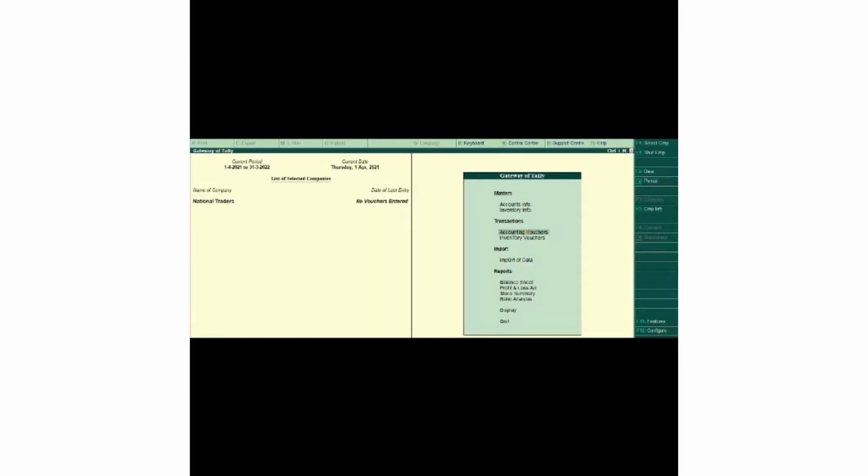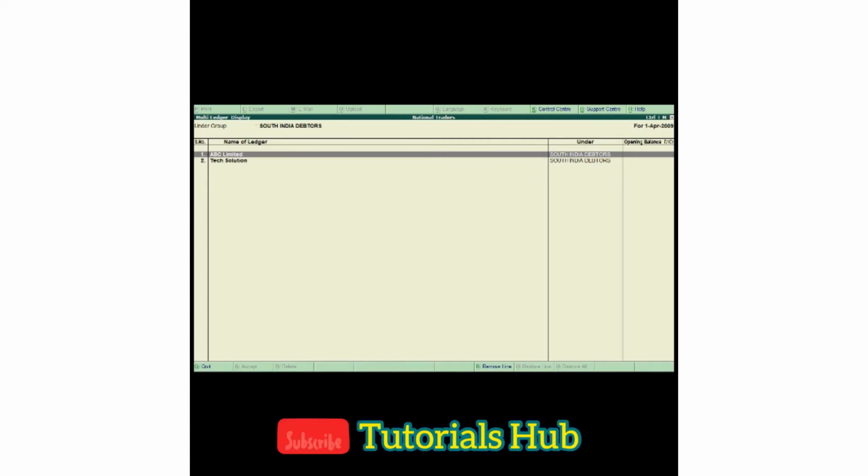Now, how to display multiple ledgers in Tally ERP9? After ledgers are created in the Tally application, we can check multiple ledgers by choosing the display option. So you need to go to the Gateway of Tally, select Accounts Info, select Ledgers. Now click on Display under Multiple Ledgers. On the Select Group screen, choose the group name from the list of groups. Now the multi-ledger screen displays as shown. Please note, in this display mode, users are not allowed to modify any changes.